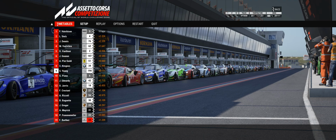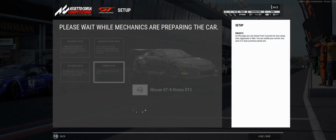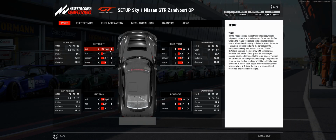Now, I'm going to hit the restart. So, of course, we finished 9th. And let's see if we can check the... Oh, the setup's on there. Hey, they put that back in there. That must be part of that update. Remember, you said to restart it. Now you don't have to restart. Let's see what the...